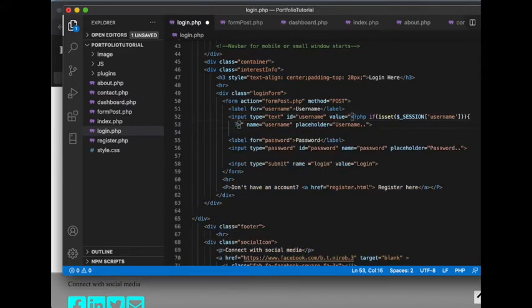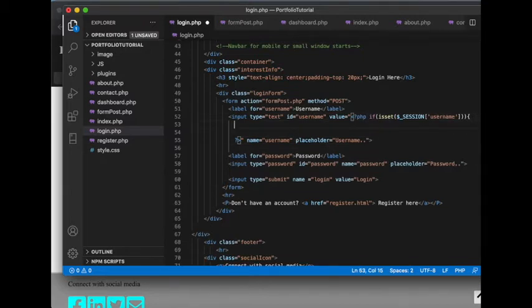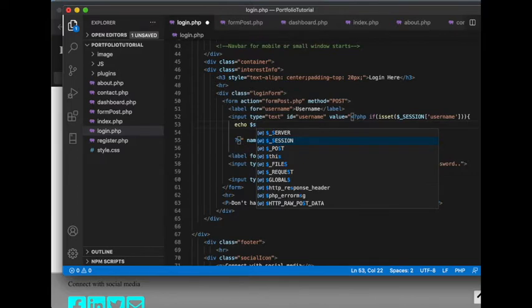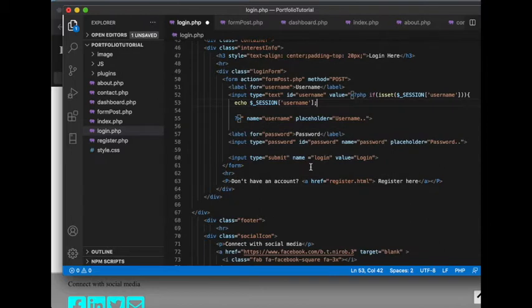So if it's set session username, what will it do? It will echo the session username. So if the session username is set, then it will echo it, and otherwise, let me copy the block